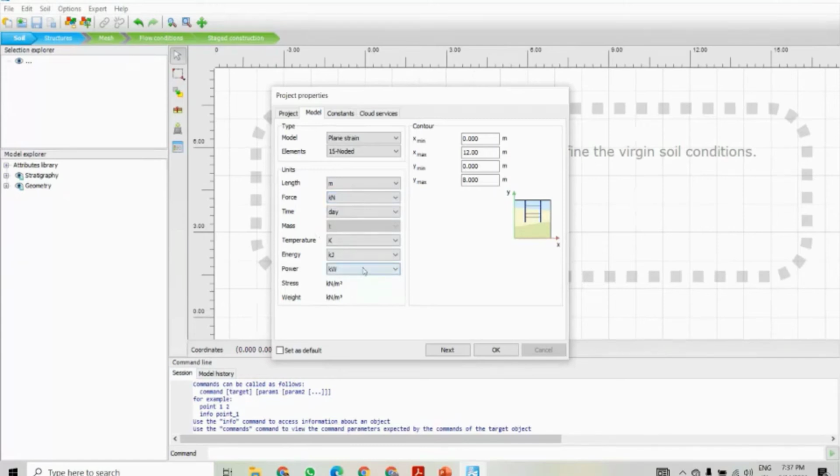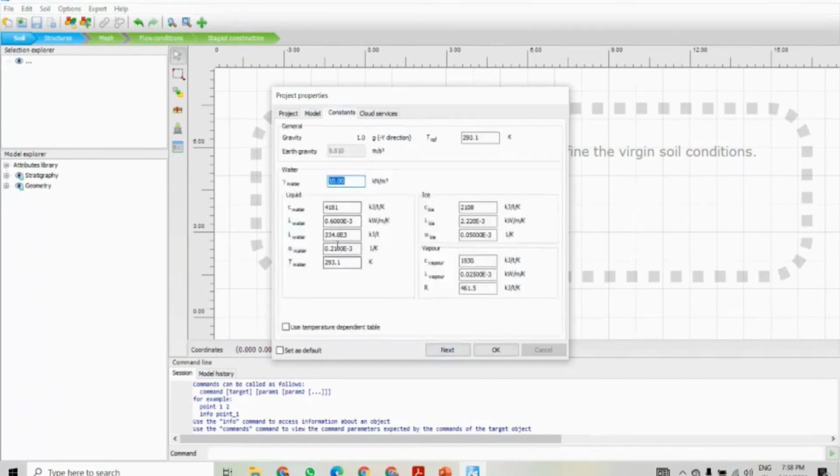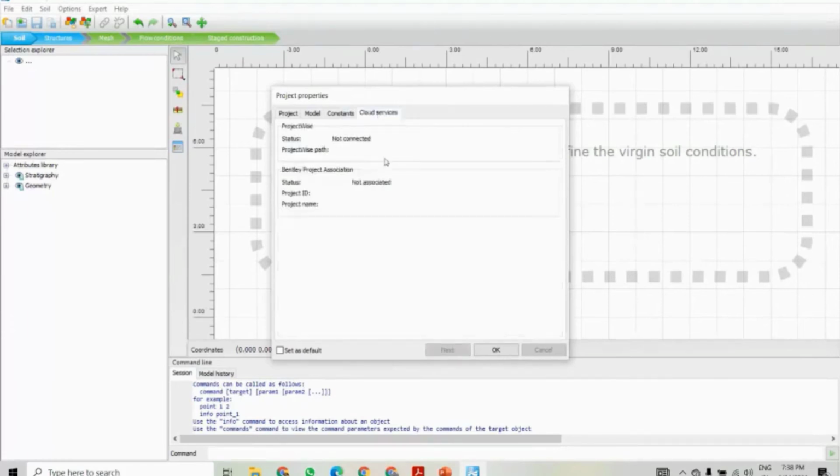So we can use different units. Then the contour we can provide accordingly, how we require. If I provide x direction on this side, this is 12, and y direction upward, this is 8. If I keep it the same, then these constants we do not need to change. These are the defaults.